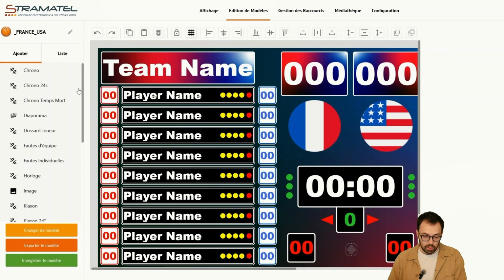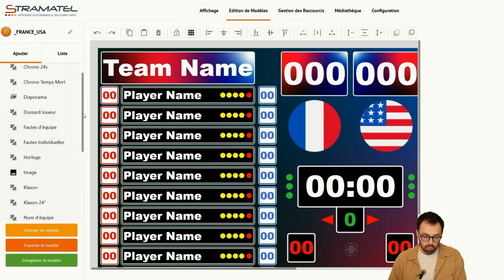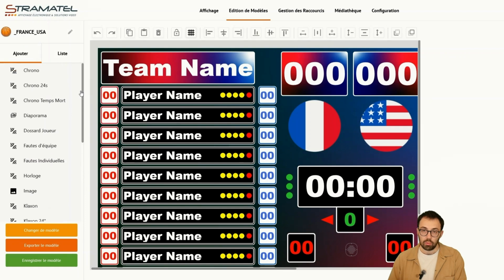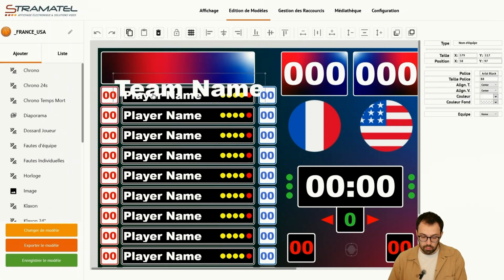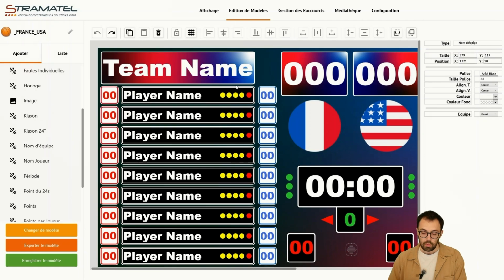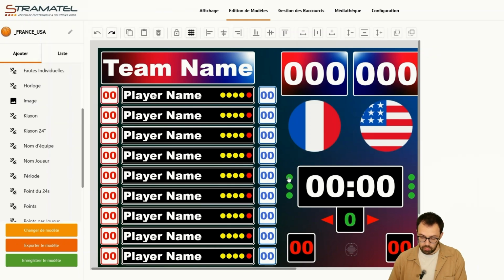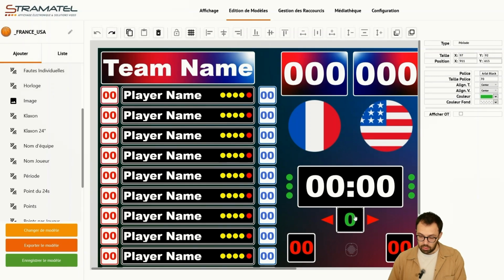And then we will be able to import the score objects, which are directly linked to the information from the control panel to the scoring table. For this example, we had a team names object. We will also have the score objects. We will find here points, an image to insert a logo. We'll also find the timeout, the match timer, the period, the basketball card, the possession arrows, team fouls,